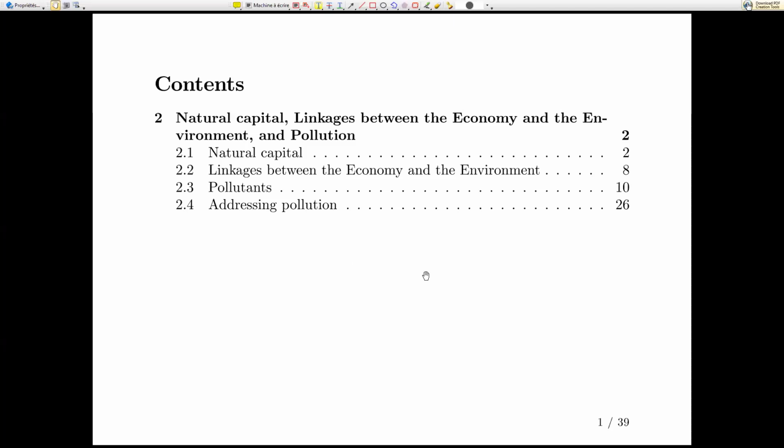Okay. So we're going to discuss a bit more what we mean by pollution, types of pollution, pollutants, how to address them, but not how to address them from an economic perspective yet, just from a technical or physics or concrete way. And then the economic part of it is how do you make people use different tools to address it? And why do we care about this? Well, we care about this because it's useful to describe well the problem so we can study it well.